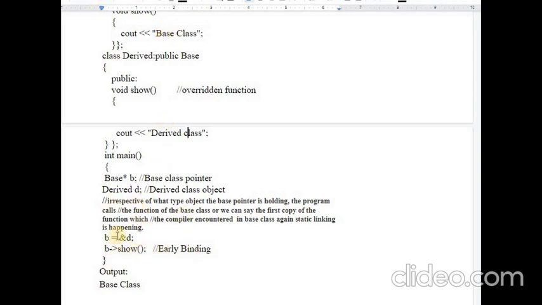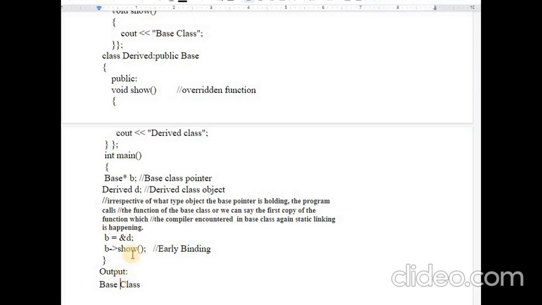Early binding is happening here because the compiler did not find any other way of pointing to the derived class function. Whatever function it encounters first, it executes that only. So it will see which show function definition was first written and display that output. So you will get the base class output here.